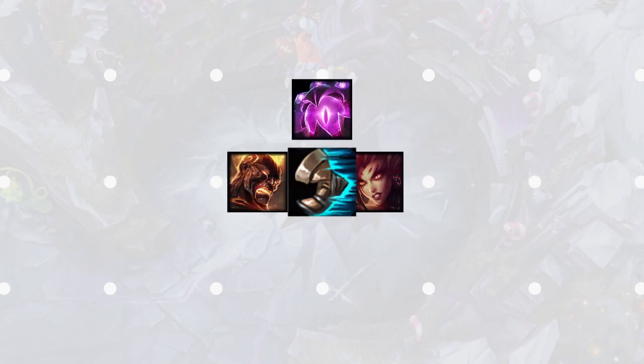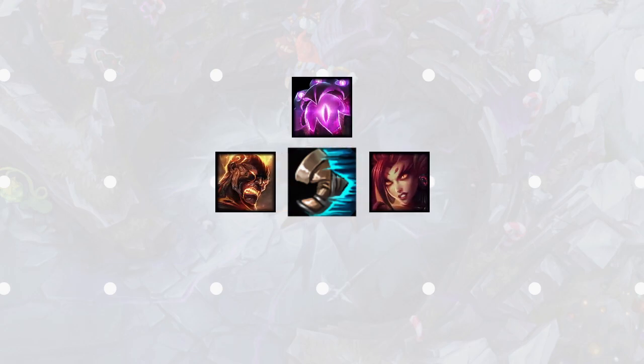After this is more getting into the fringe situations. We'll start with Sorcerer's Shoes. Now, Sorcerer's Shoes are great on any AP support. Examples of this are like Vel'Koz, Brand, or Zyra. Champions that get a lot of damage value from having Spell Pen because their base damages are pretty good and they don't scale as well with AP. This is also why they're able to be played support because they can run on a low budget and still